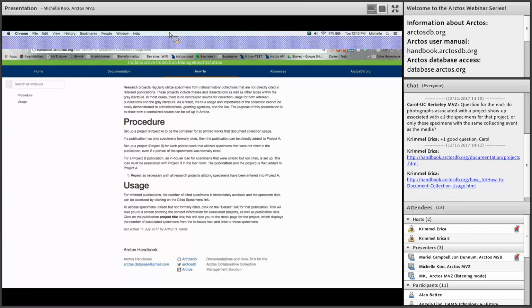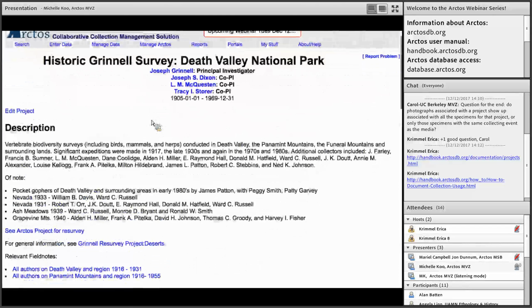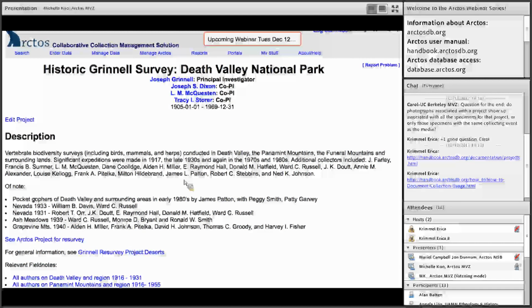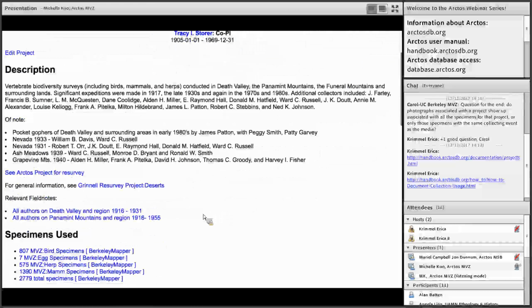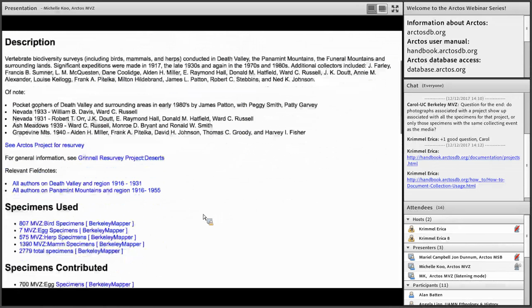So I'm going to turn this over in just a little while to John, who'll walk us through publications and citations and how to add those to your project, and then we'll see the editing interface of projects as well. But I do want to reference quickly data loans. Data loans, as I mentioned in the last webinar, which I would refer you to if you need a refresher, are a very handy way of creating specific sets of specimens